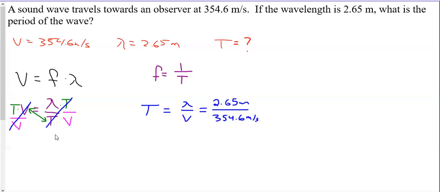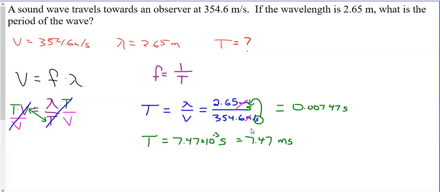Once you can get that equation written out, it's just again a matter of writing out your numbers and doing the math. So I still have a meter divided by a meter. That's good. That's what I want in the end, because there's no measurement of length in your period. So those will cancel out. And then I end up with a per second in my denominator. That means I have a denominator within a denominator. When you have a nested denominator like that, you can just bring it up to the top and it becomes a numerator. And that's just a product of fraction multiplication. So that becomes a numerator, and you end up doing a quick division,